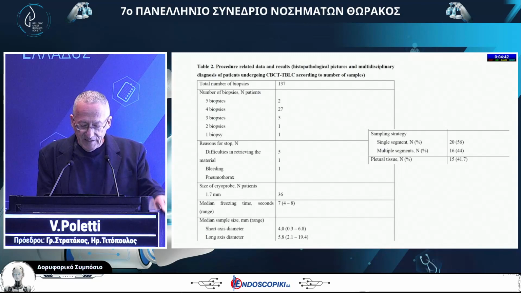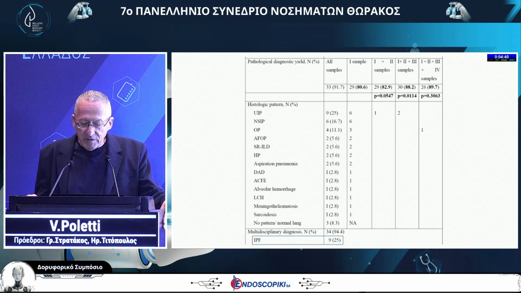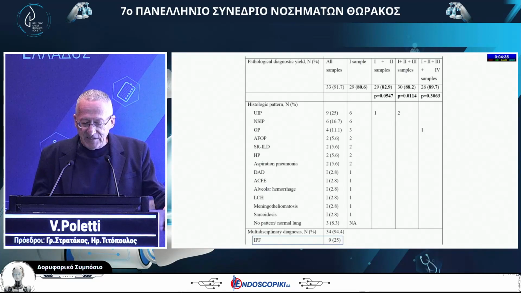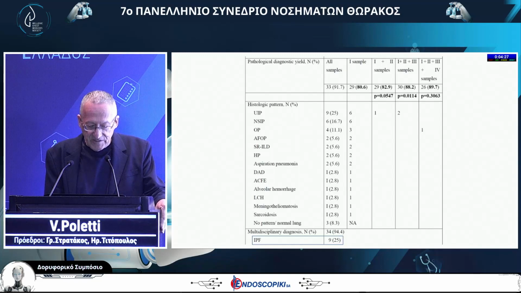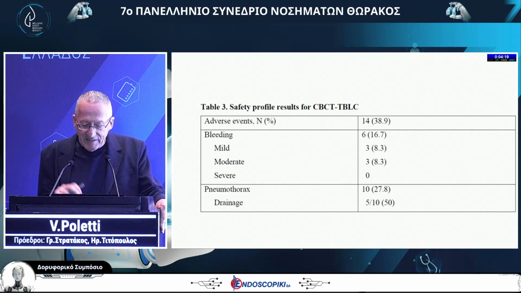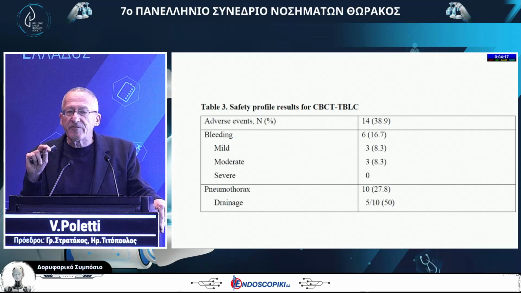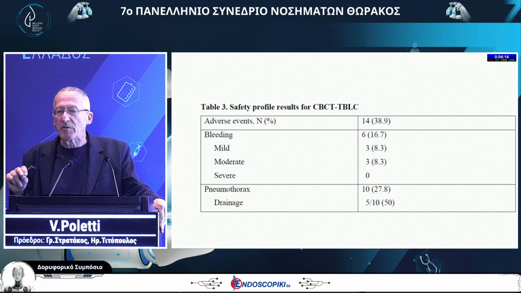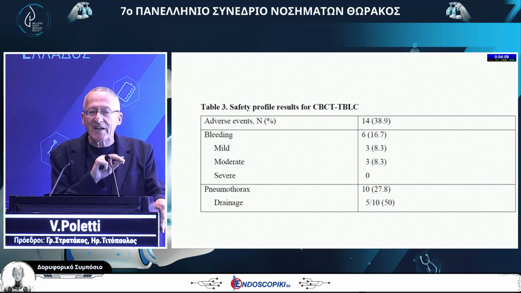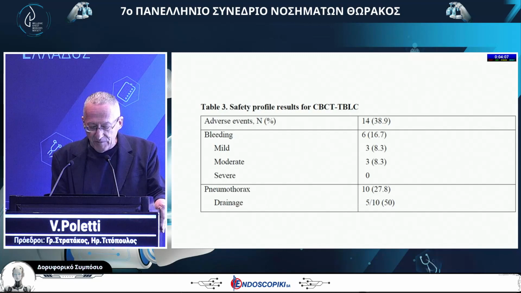And you see here the diagnostic yield was quite good. We separated each sample. After the third sample, we reached 88% of the diagnosis, and we didn't improve significantly in the fourth sample. Safety profile, we didn't have any important complication. What is important is that we had 41% of pleura in the sample. So 41% of samples contained pleura, so we were at the very periphery, but the pneumothorax rate was